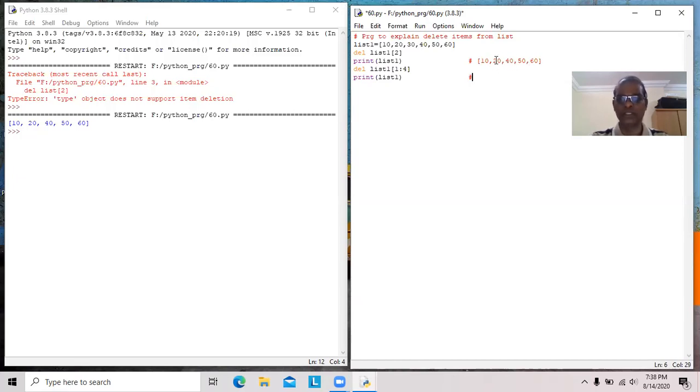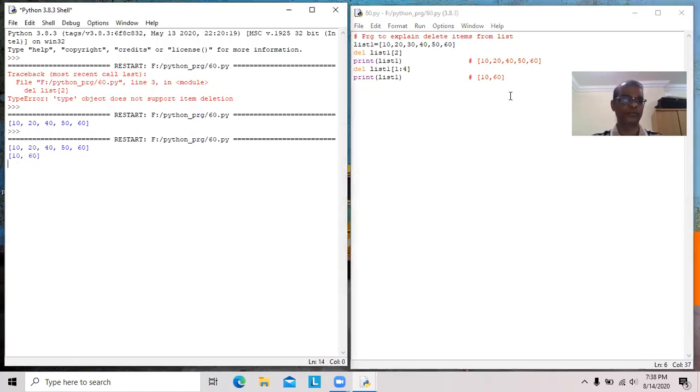This is the first element, second element, third element. That means 20, 40, 50 will be removed. We will see 10, 60. Now list1 contains only 2 elements, since 20 is available in first index, 40 in second index, 50 in third index. These 3 elements will be removed. See here, 10, 60 only.